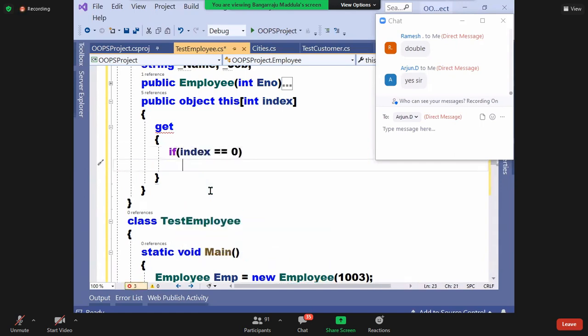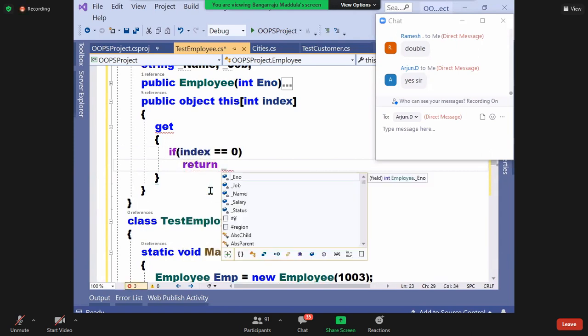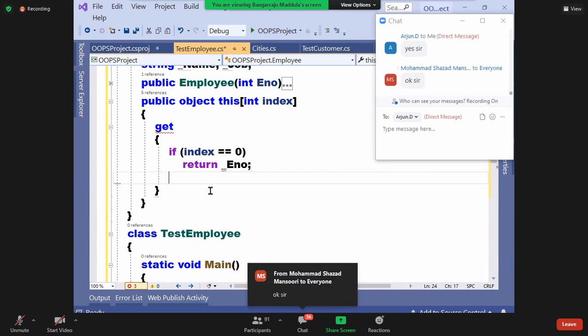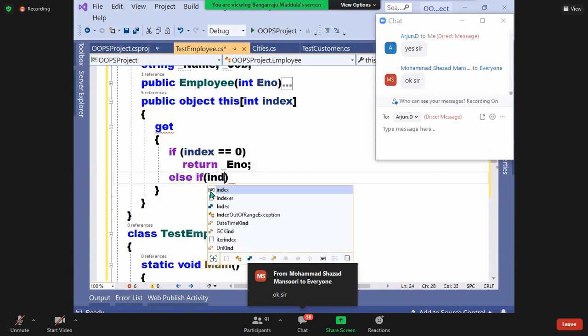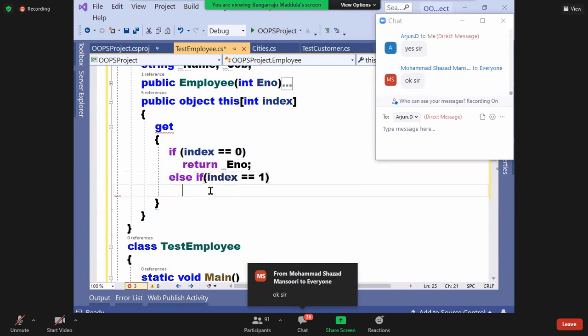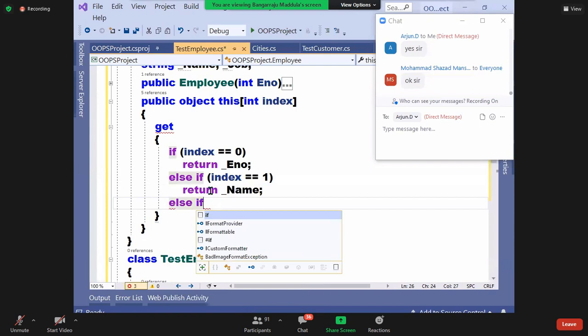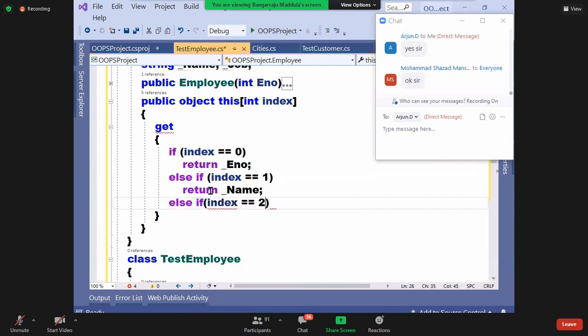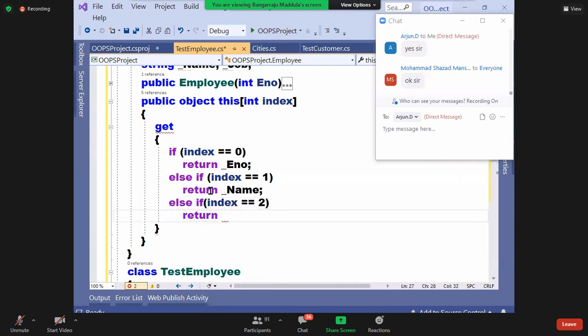If index is equals to 0, return _employeeNumber. Else if index is equals to 1, return _name. Else if index is equals to 2, return _job.